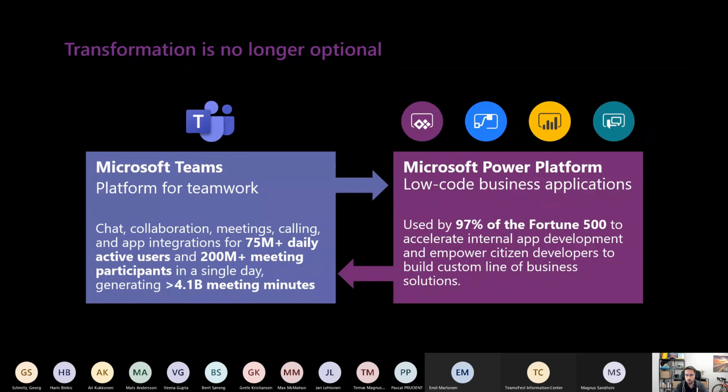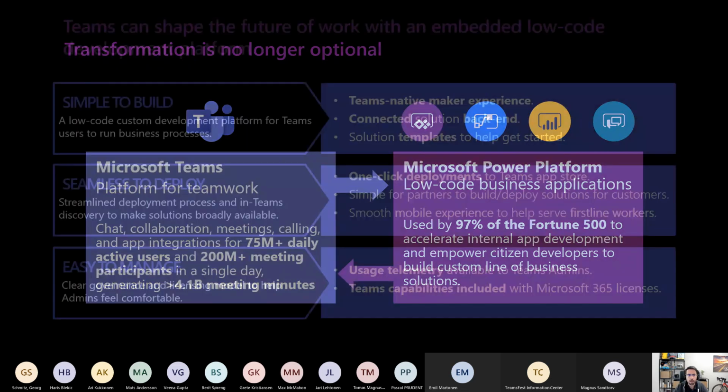So we can use all of these services to create applications, to create and manage workflows, to create a dashboard, or create a bot inside Teams. I already mentioned that the Power Platform has been very widely adopted in the last period.